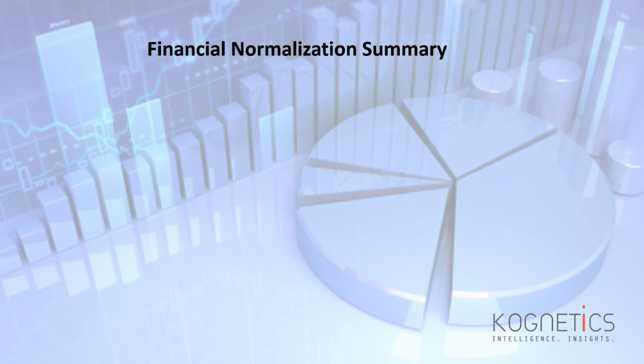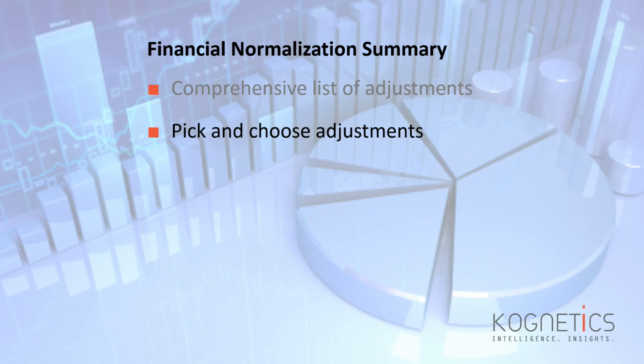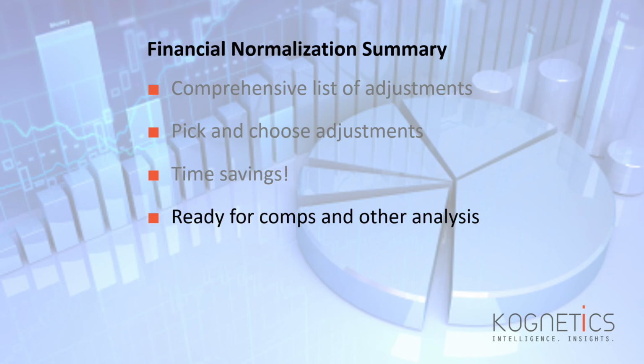In summary, Kognetics makes it easy to normalize income statement items by identifying a comprehensive list of items for adjustment. Analysts have the ability to pick and choose the adjustments based on their own methodology. The adjustments we went through would have taken a significant amount of time, but Kognetics gets it done in just a few minutes and creates the information necessary for follow-on analysis like